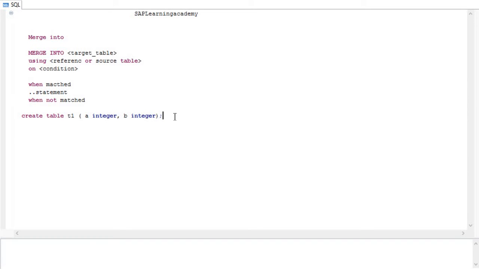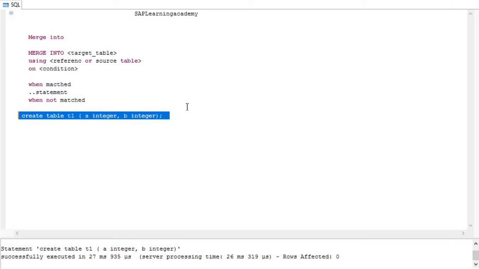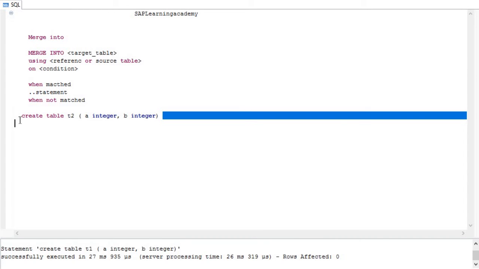So let me execute this one. It is created. Now let me create another table. T1 is my target table, and I will be creating another table T2, which will be my source or reference table. Here also I will be taking two variables A and B, both integer type. So let me execute this one.